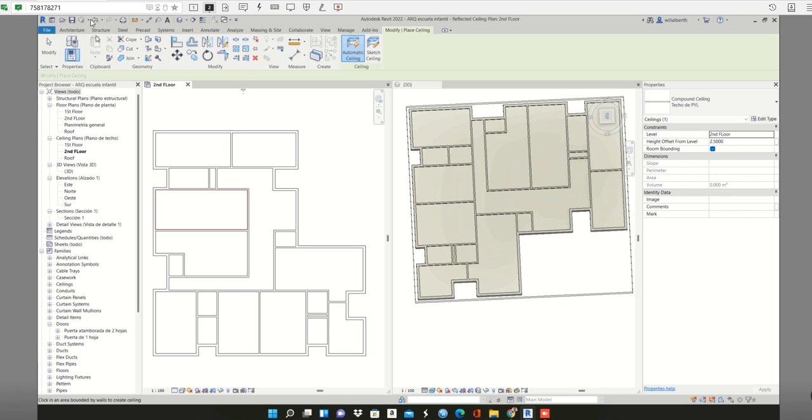Now we have the ceilings, so we're going to save it, and we're going to load this project into the mechanical and review some of the things we saw yesterday. What about if we take 15 minutes